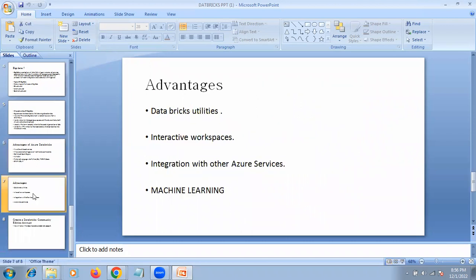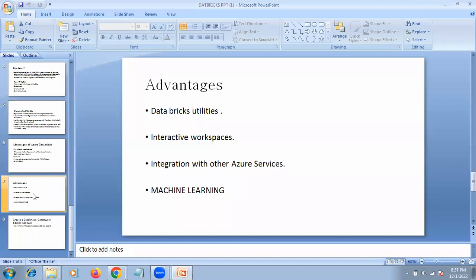Now we'll come to more advantages. In Databricks, we have Databricks utilities also. They have created some utility functions which we can leverage and use to create other functionalities. I will give you one simple example: dbutils. Suppose you want to use any kind of service from those utilities, you have to write a command like dbutils.fs.name, and then you can use it.